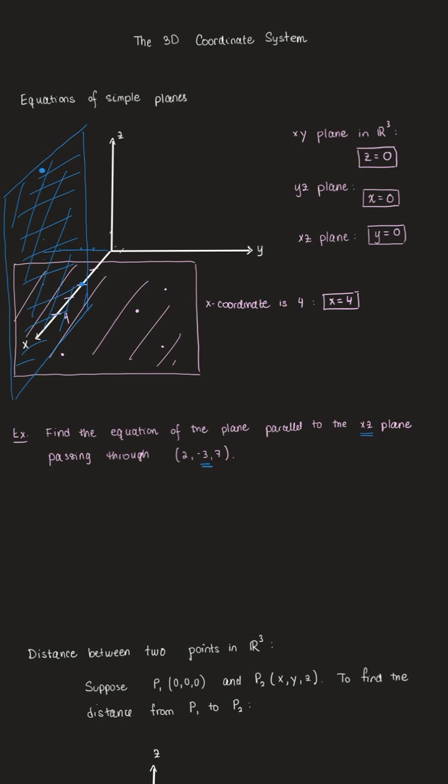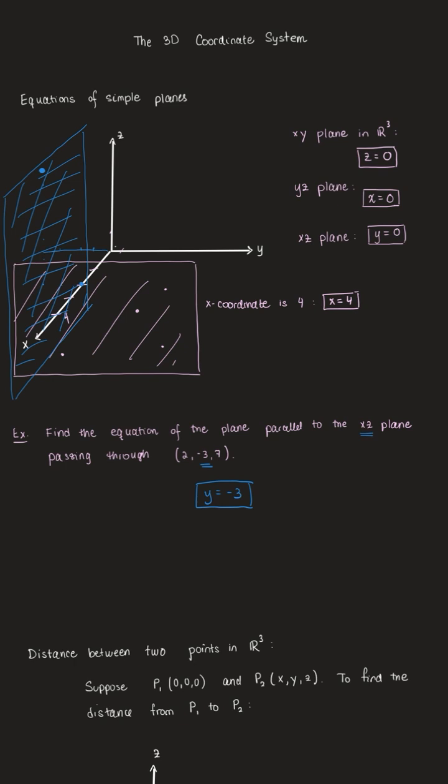So all we need to do here is write down what's common for all the points on that plane, and that's going to be that y is always -3. Because every point on that plane, the x and z will vary, but y will stay fixed, and so we describe the plane using the equation y equals -3. So those are just some simple planes in space: either the coordinate planes themselves or planes parallel to the coordinate planes can be written very simply by just specifying the one thing that stays common among all the points